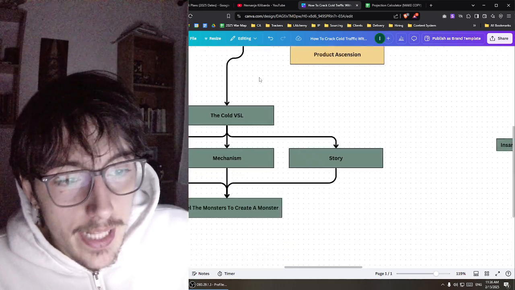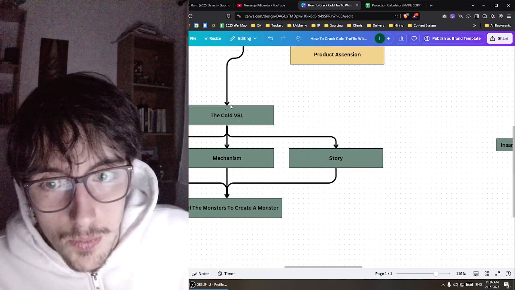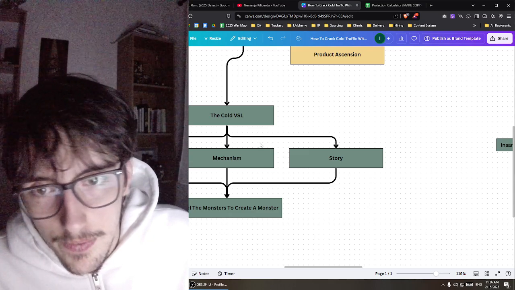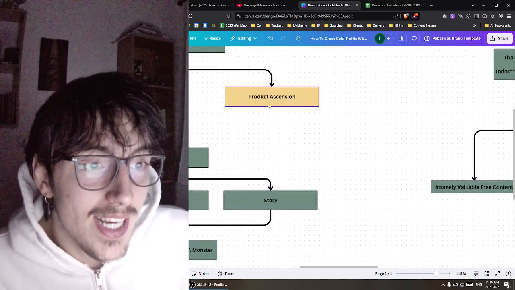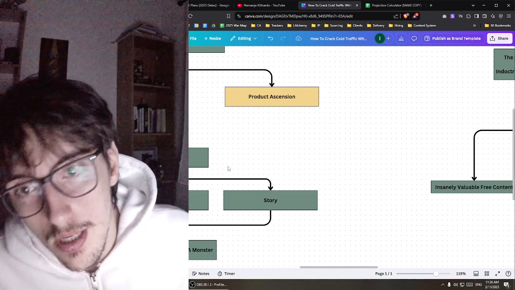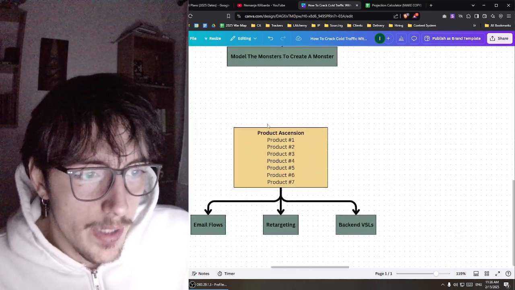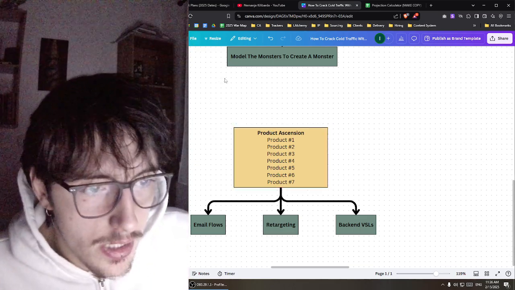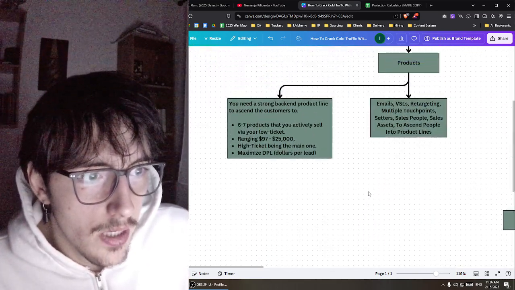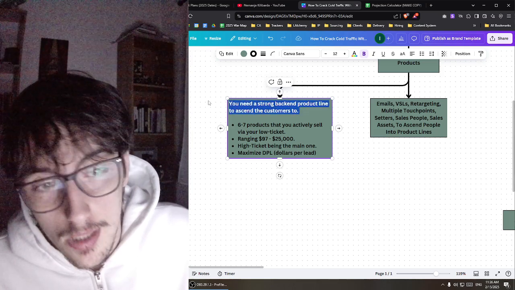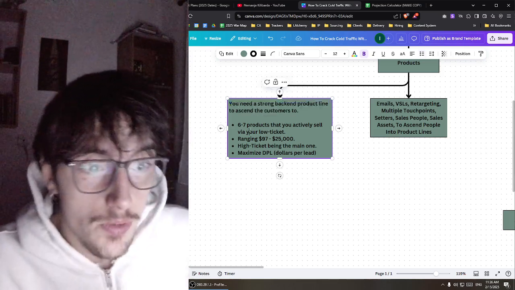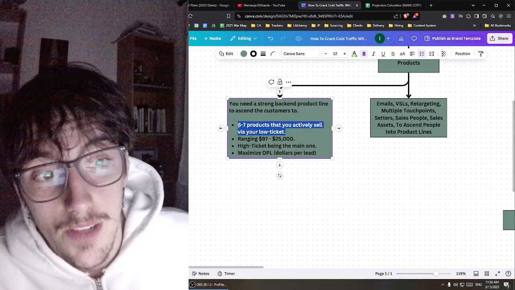Now, once you get these cold leads, once you acquire them via the VSL on the front end, you want to ascend them into your product ascension path. So it looks something like this. You just create a bunch of products. Actually, wait, we got some here. You need a strong backend product line to ascend the customers to. First things first, you need 6 to 7 products you can actively sell via your